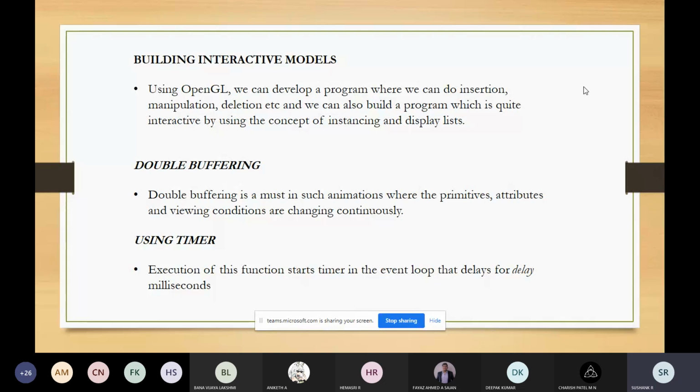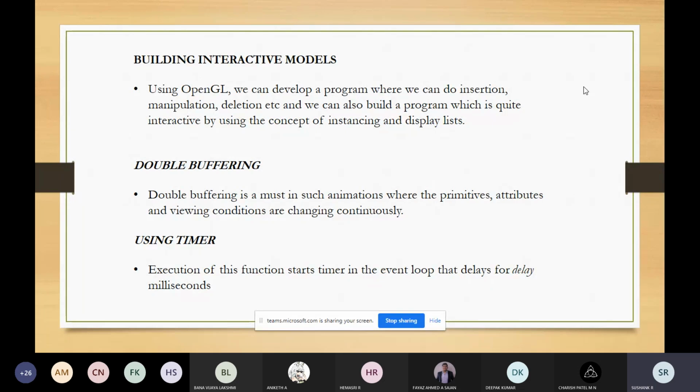Then the program can search the instance table, find the object as specified in the bounding box, and replace its type with 0. So the next time the display process goes through the instance table, the object will not be displayed, and it looks like the object has been deleted.